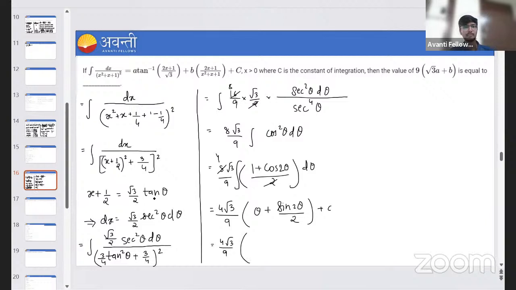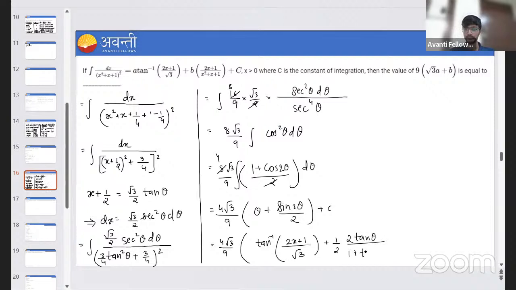Tan theta, na? So theta was tan inverse, यहाँ पे 2 root 3, so 2x plus 1 upon root 3 plus 1 by 2, तो ऐसे ही sin 2 theta को I can write 2 tan theta